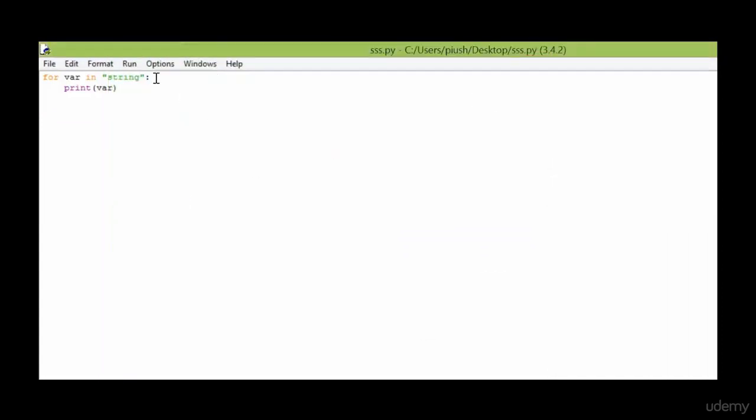Now what happens when I put a continue statement inside this for loop? For that I'll use the if condition.